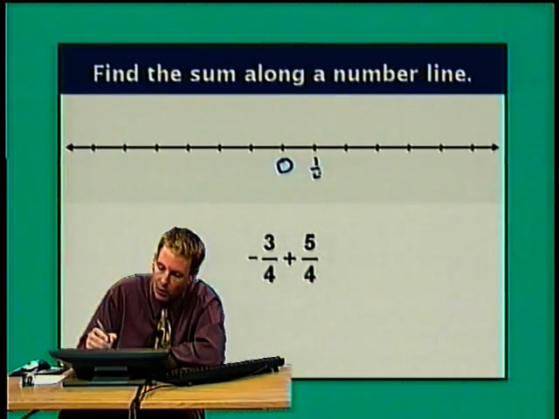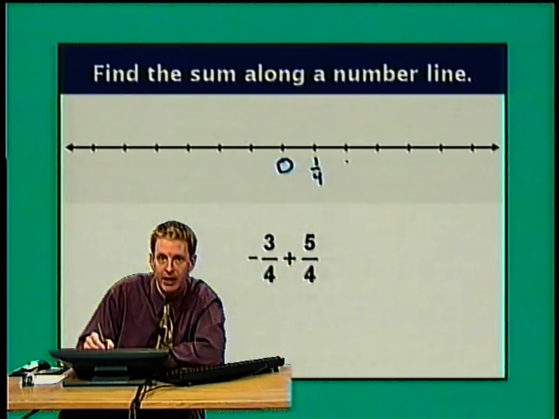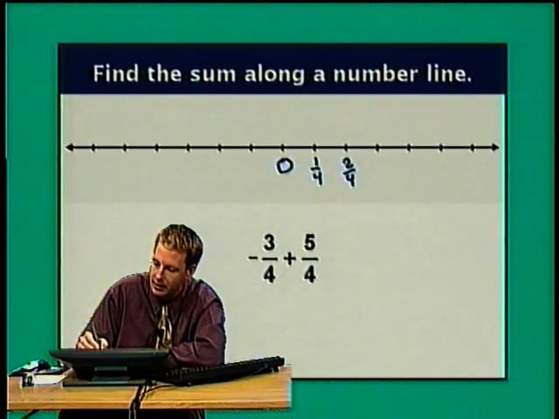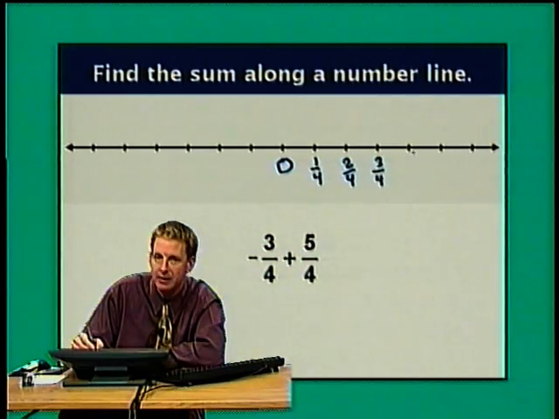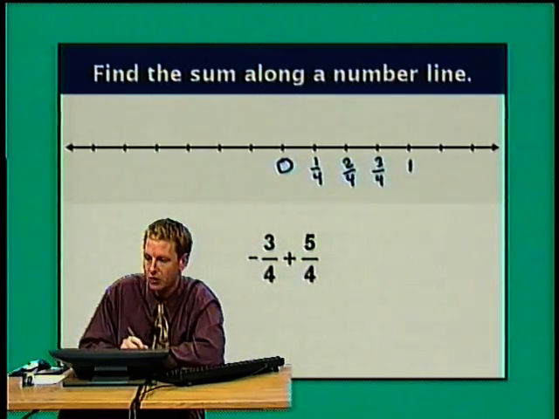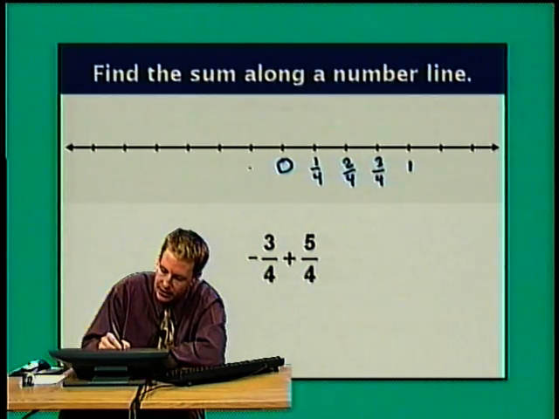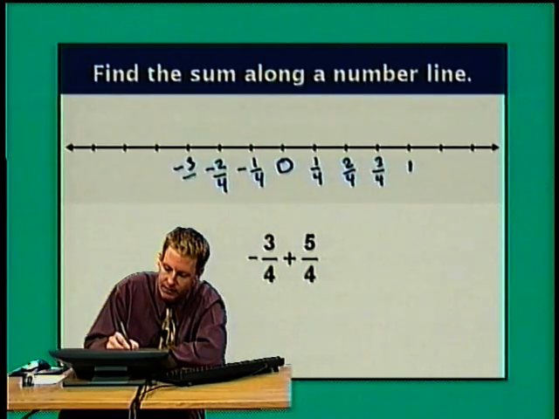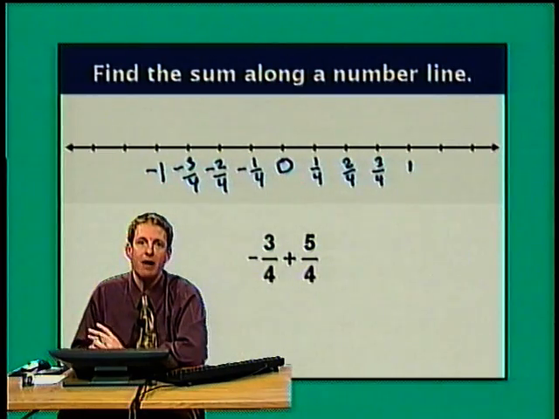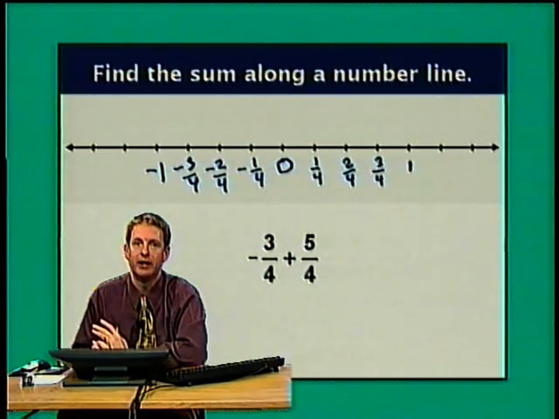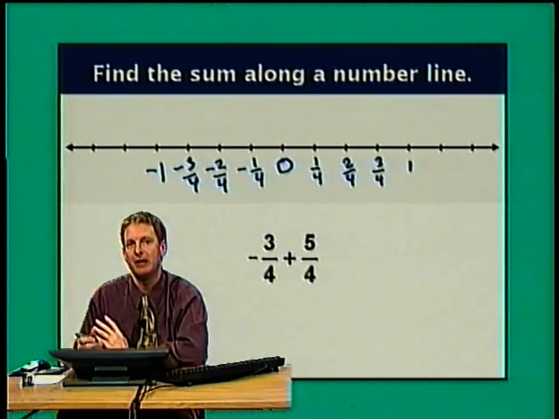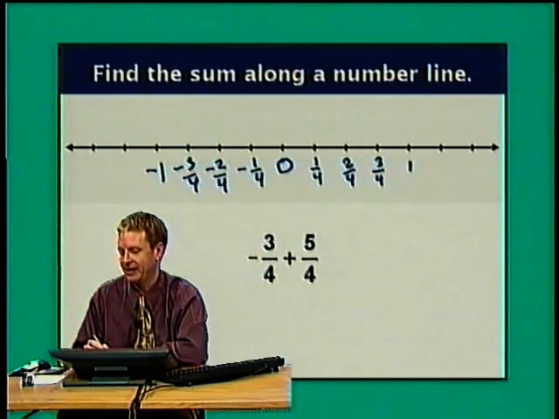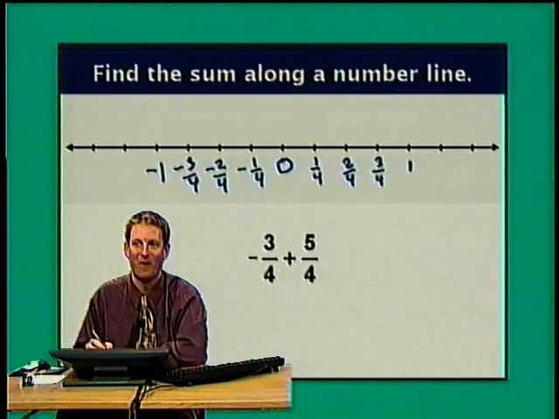I'm going to call this point 1/4. This point is 2/4. This point is 3/4. This point is 4/4, which is just 1. Going in the negative direction, we have -1/4, -2/4, -3/4, -4/4, which is -1. If you're wondering why I didn't reduce 2/4 and -2/4, I just wanted to see the pattern with the fourths. But I didn't want to extend it too ridiculously into writing 4/4, so I did go ahead and simplify that one.